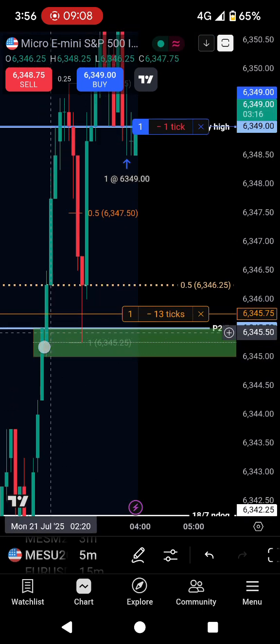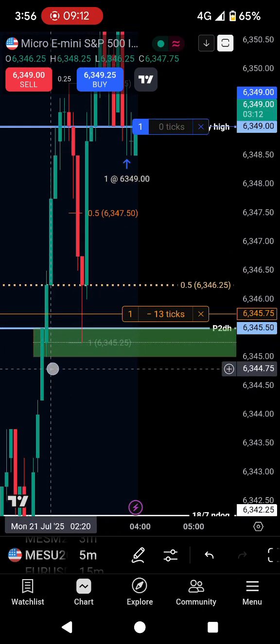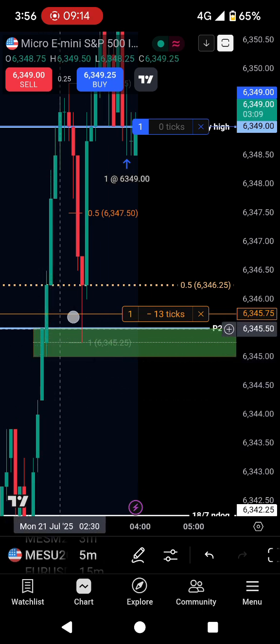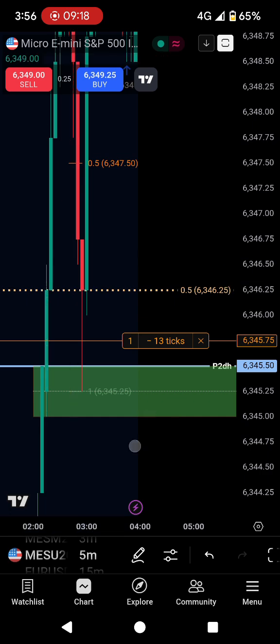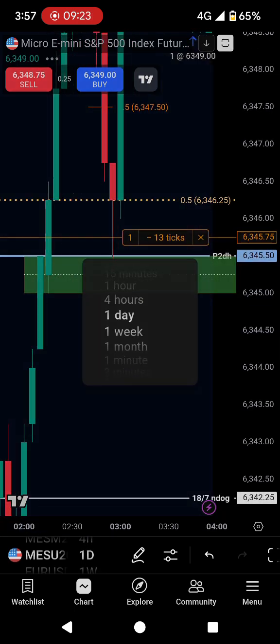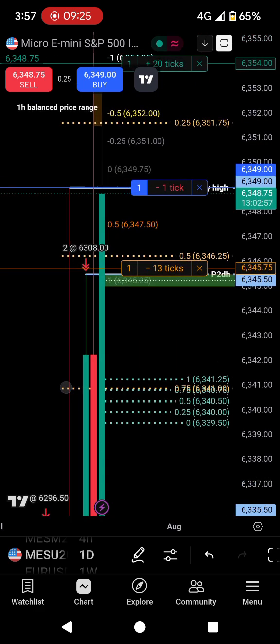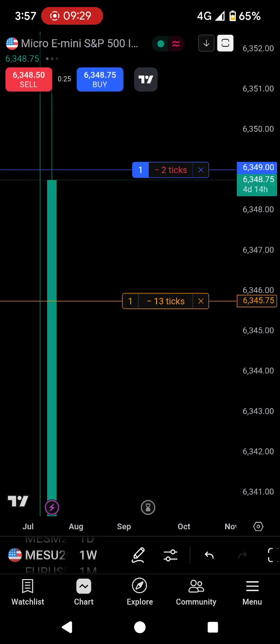And this is basically the daily balance price range, and you can see on the 5-minute we have it as well, beautifully to the CE of it. Oh my god, look closely. Look at this, and when you go to the daily chart, sorry, weekly chart,